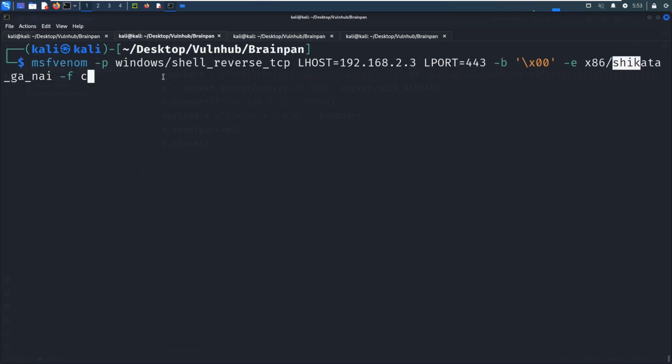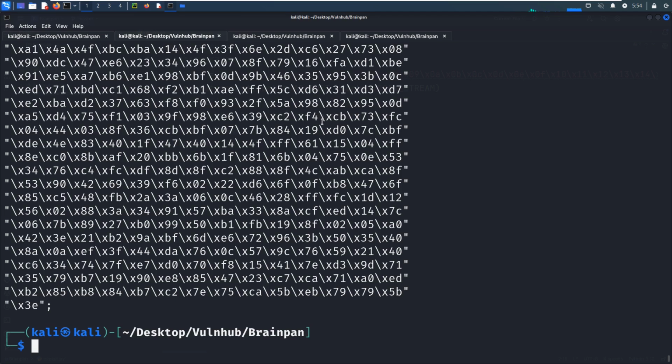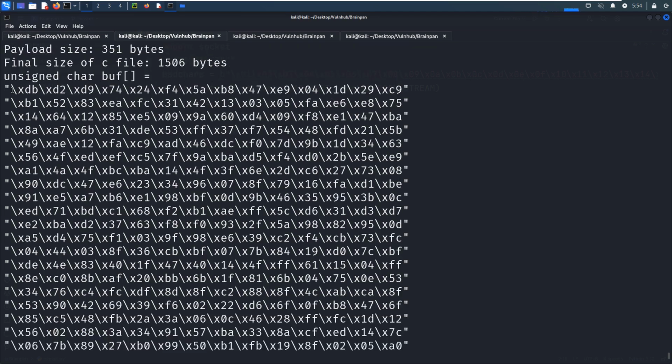Yeah, this one. In this case, I will use the port number 443. You know, 443 is safer in comparison to other port numbers because the target machine is Windows. So now we can press Enter. Okay, it's done. Now we can copy